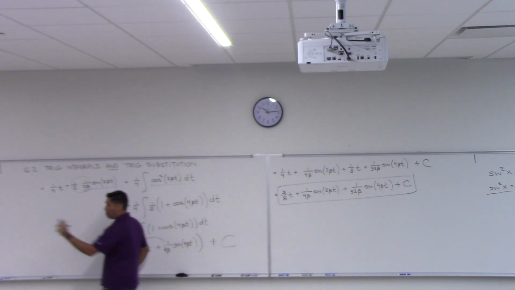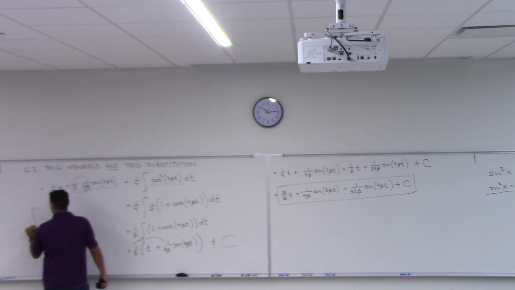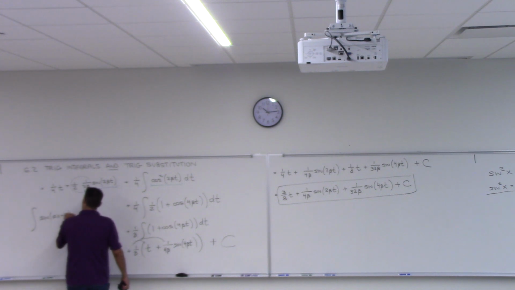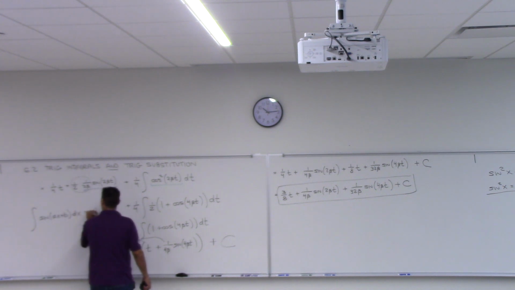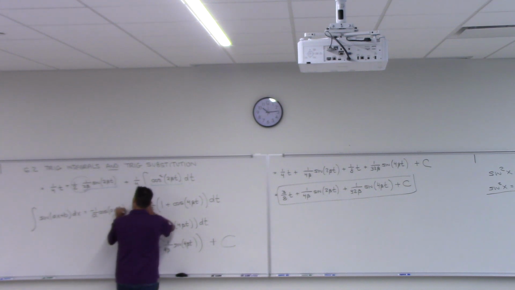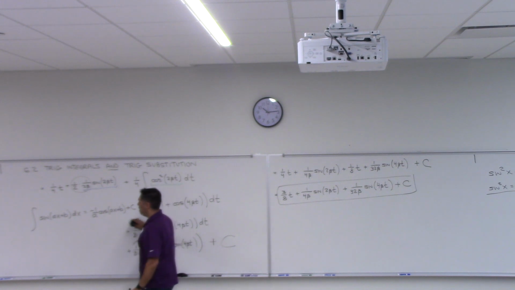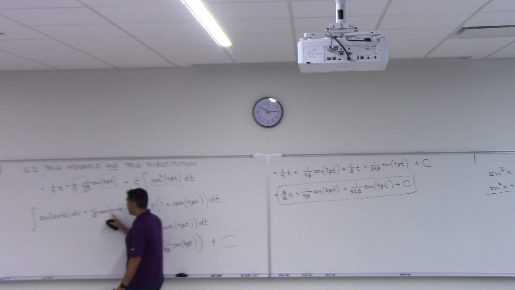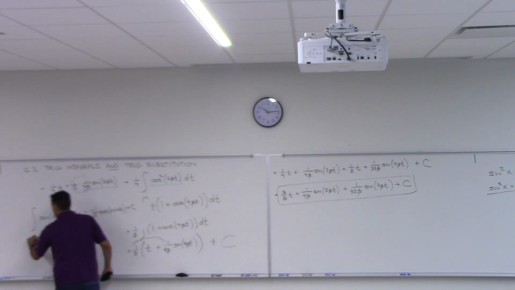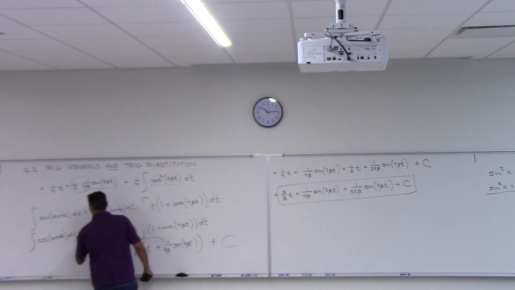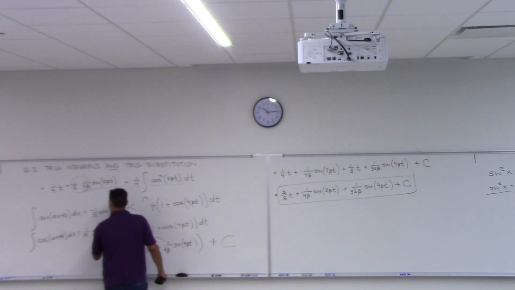Okay, so when we started class at the very beginning, I said there are 2 formulas we need to be comfortable with. If you have sine of a linear expression, the antiderivative is cosine of that linear expression, but you have to scale by negative 1 over a. Similarly, if you have cosine of a linear expression, then you scale by 1 over a, not negative 1 over a, and then you have sine of ax plus